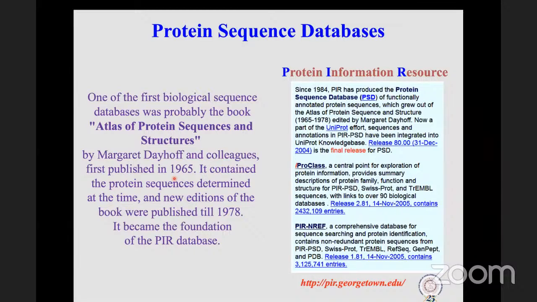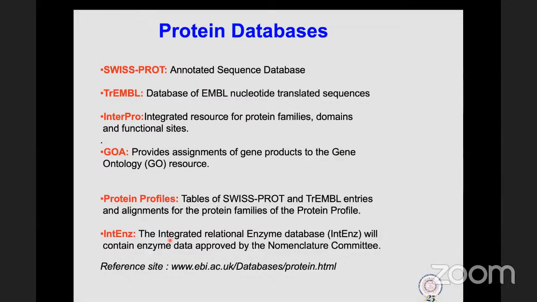Now, if I talk about protein sequence, as I told you previously, the Atlas of Protein Sequence is the first database you can say, by Margaret Dayhoff. Margaret Dayhoff is the father of bioinformatics. The Atlas of Protein Sequence and Structure was initially published in the form of a book, right? We kept on publishing until 1978, and then it became PIR and digitally accessible to everyone. So these are the protein